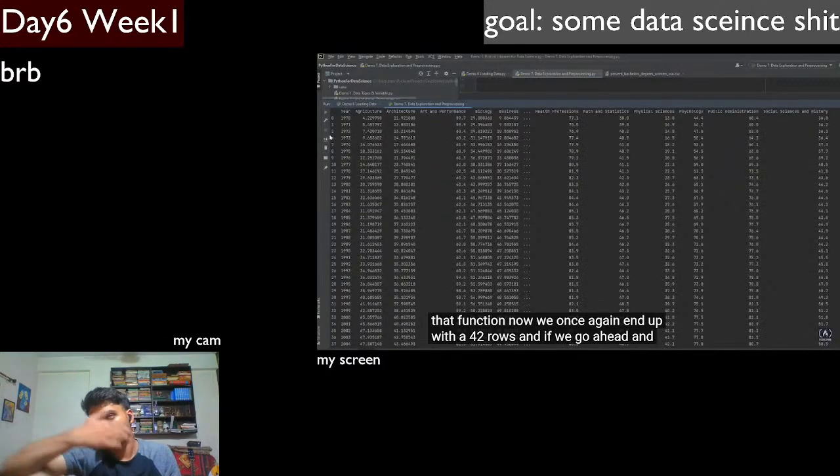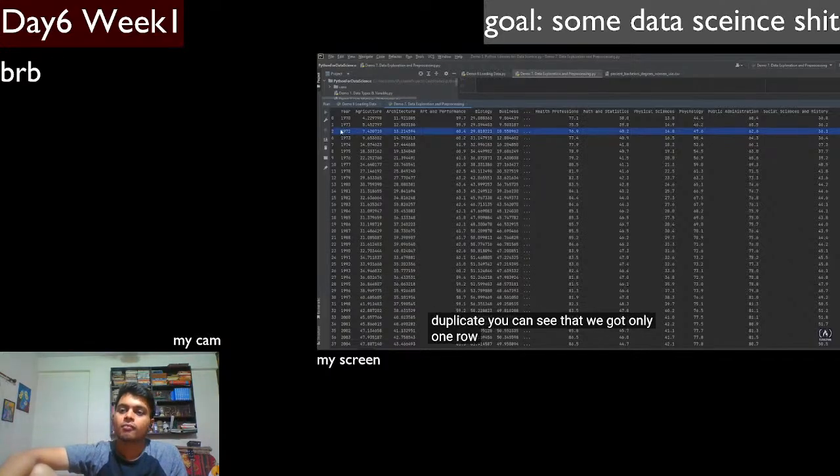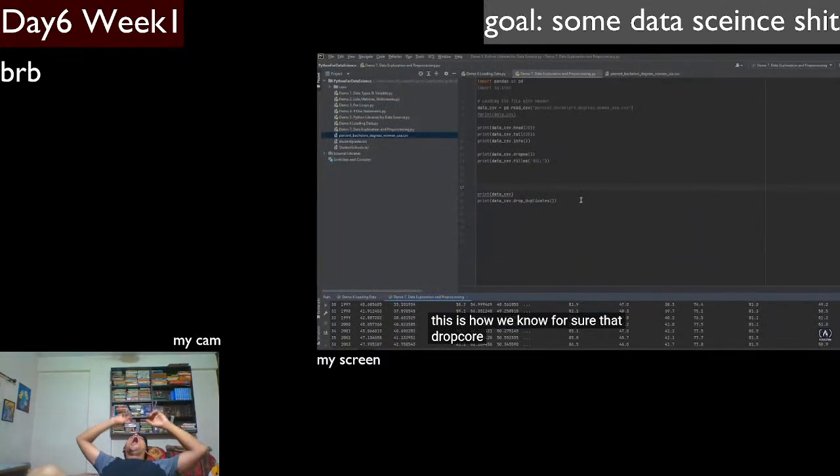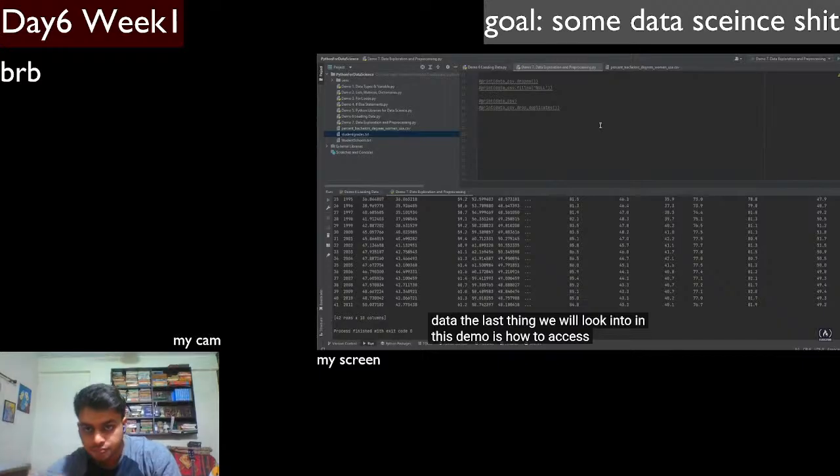And if we go ahead and look into the specific column we duplicated, you can see that we got only 1 row corresponding to this year. And this is how we know for sure that drop underscore duplicates really works and it will remove the duplicates from your data. The last thing we will look into in this demo is how to access certain rows in